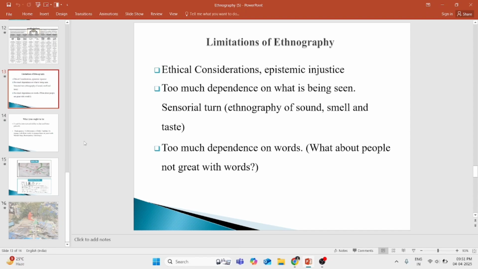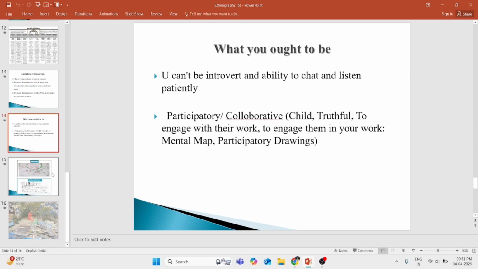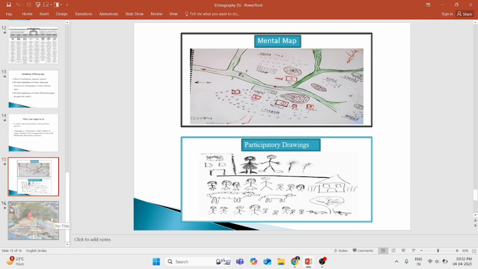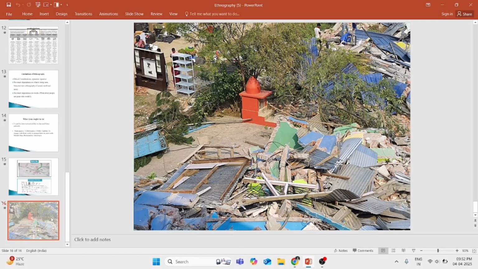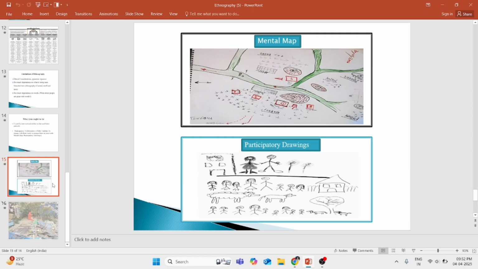So what ought to be done as a researcher? This is very important to note. Students, please note that to strengthen ethnographic research, scholars must ensure ethical rigor. First thing is you have to ensure your ethical rigor. Then you have to maintain your reflexivity to acknowledge the biases. You have to be very self-reflexive in nature. And when possible, complement the qualitative findings with quantitative data for a more balanced perspective. It is very important to back your data with some statistics.